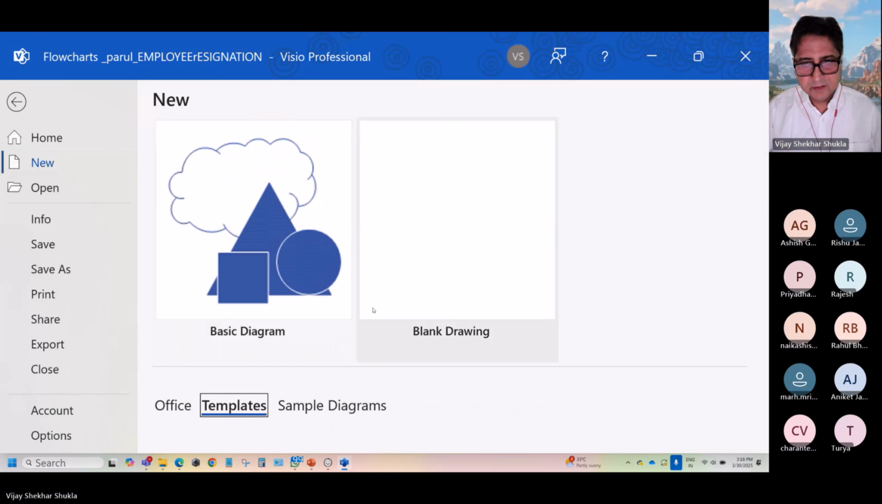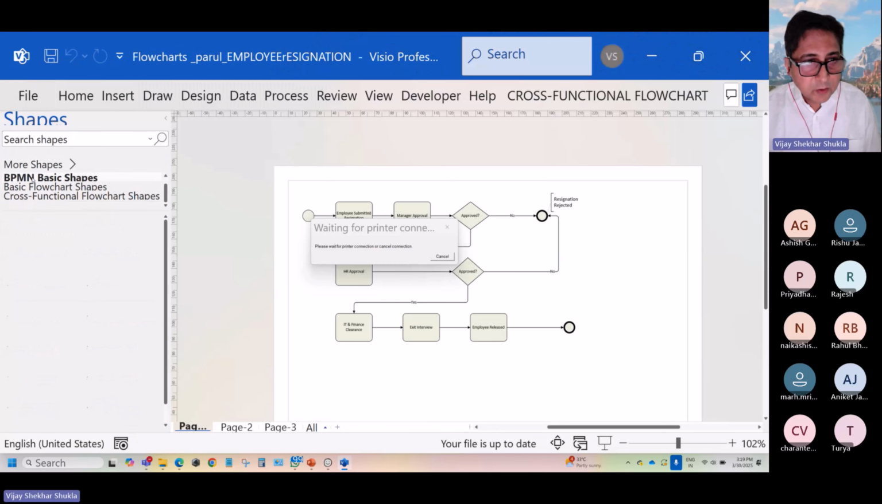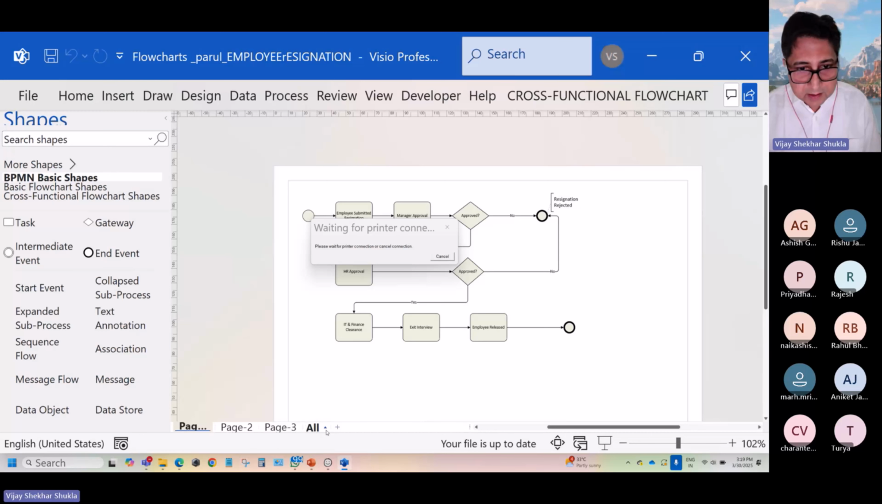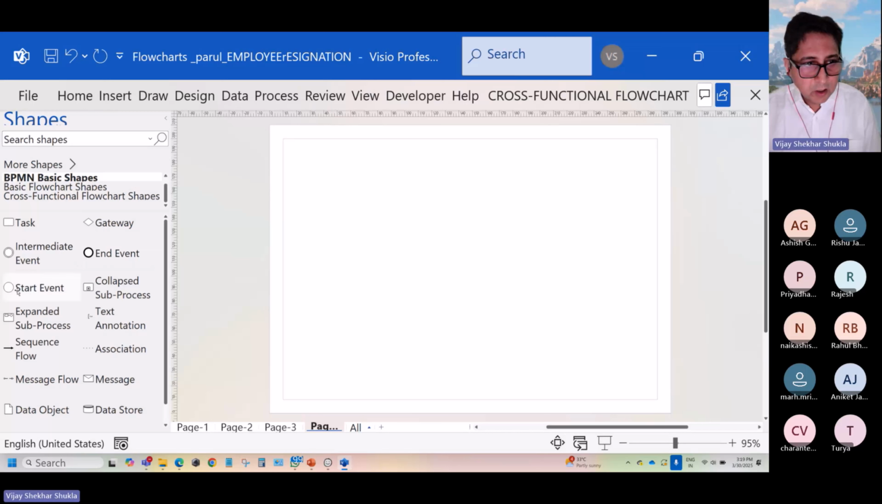Templates. Within templates, you need to choose the correct template. Just a minute. I will open it from here only. New page. Cancel. And what if you know how to use these shapes? So this is an important framework which is called the BPMN framework. And for the BPMN framework, all you need to do is to